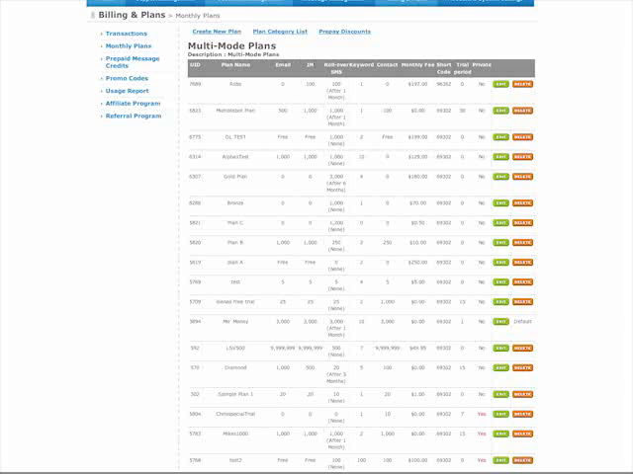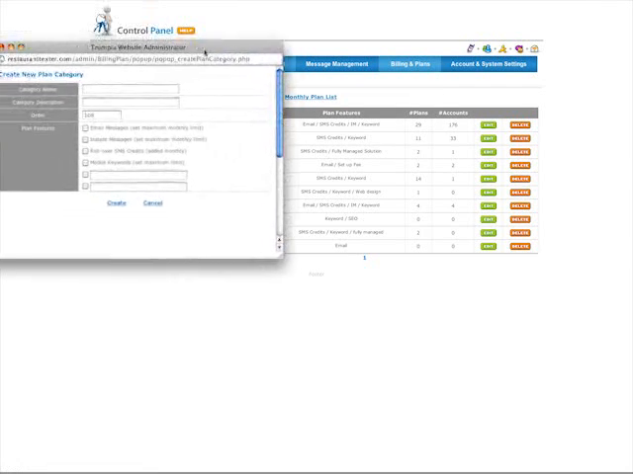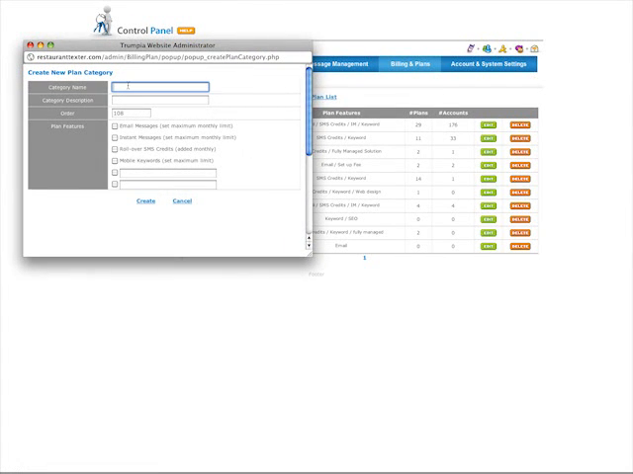Multi-mode plans here signifies that all plans beneath this will include email, IM, text credits, and even some keywords. So let's go ahead and create our plan list. I'm going to click Plan Category List, then Create New Plan. And you'll be able to see in here for category name